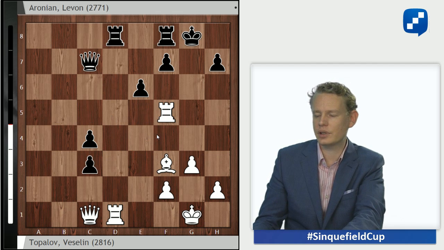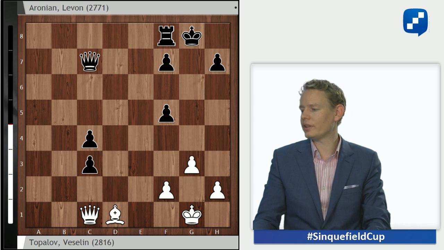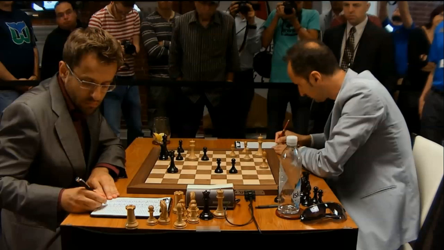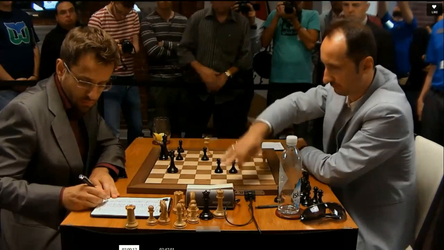And here, after rook takes f5, rook takes d1, bishop takes d1, e takes f5, the conclusion of the game was very near. Let's see if we can find some video on it. This might take a second, but I am optimistic I can bring it up. Here we are, Topalov